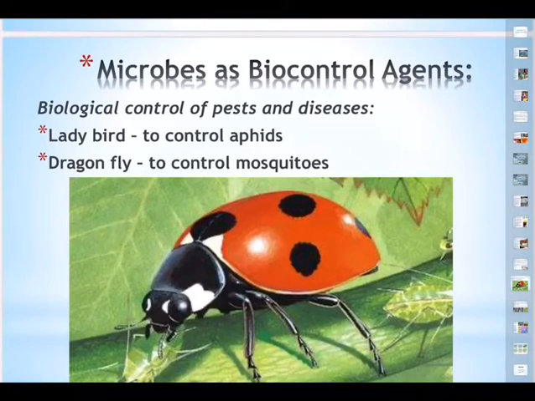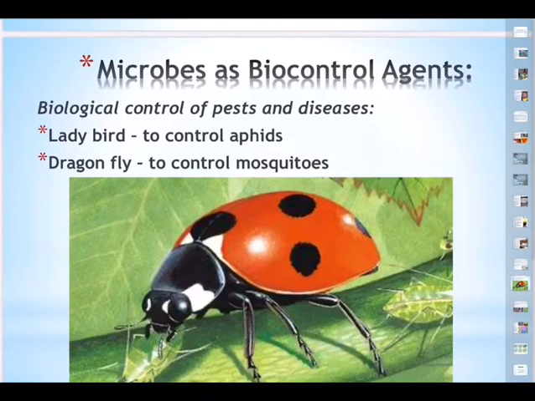So be it any crop that your parents are growing in your field, invariably the pests will attack. And what is your daddy doing? Invariably he is going and using the chemicals. With that, what happens? You know the food chain. We discussed about food chain. The chemical will definitely kill the pest, but it also enters into the food chain and finally it reaches our small intestine, causing a lot of problems including intestinal cancer.